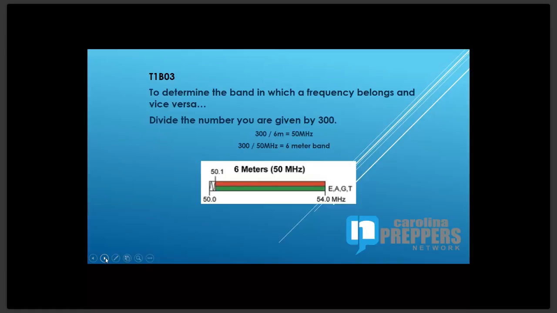440 is 70 centimeter. And if I told you 70 centimeter, that's one of those bands that you're not able to use the 300 trick with. And that's why you don't really ever hear anybody refer to it as 70 centimeter. The 440, you always just hear them say 2 meter 440. When you bought your Baofeng, go to Amazon.com and look up one of the Baofengs, look in the description, it'll say 2 meter 440. They don't ever say 70 centimeter. So anyways,